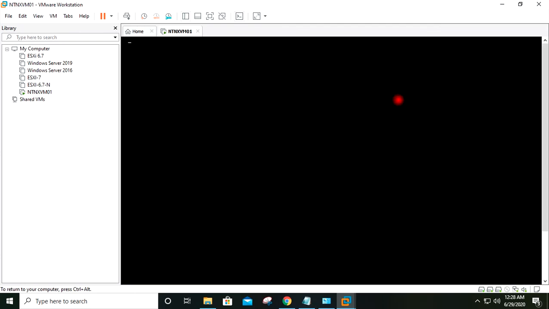Proceed here. It will now do the test on those hard disks, which will take some time.